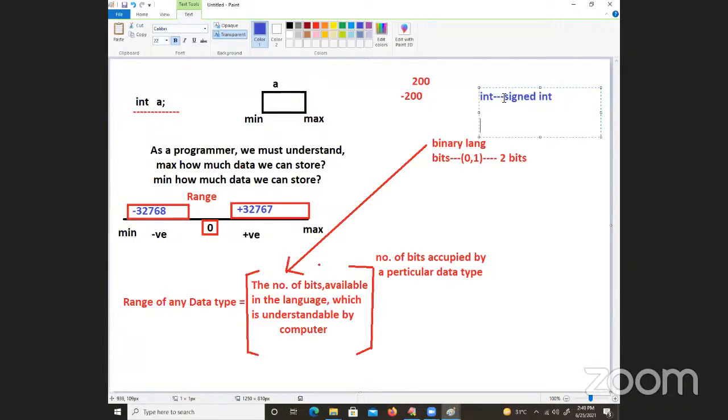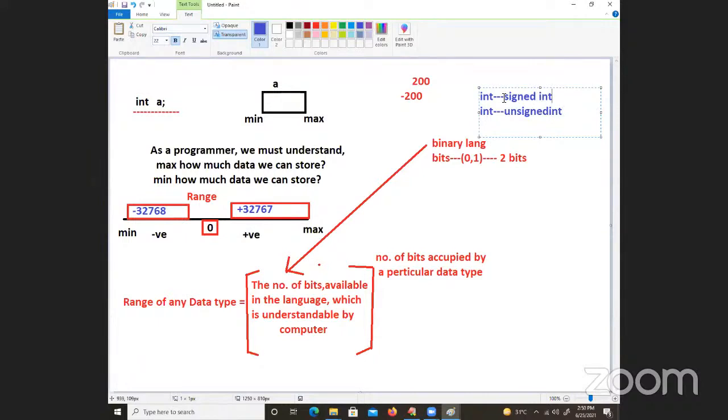Because there is one more int. Int is going to contain what again? Unsigned int is there. Unsigned int means what? Unsigned means no sign. No sign means what values only? Only positive values. That time division will not come.